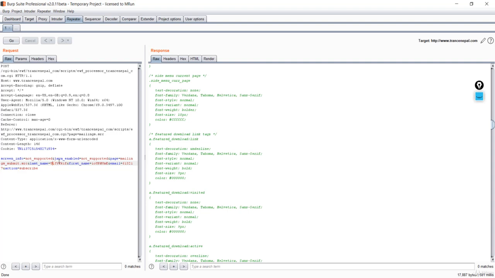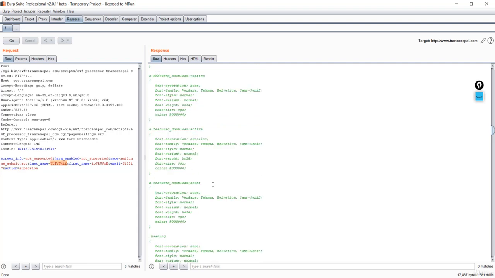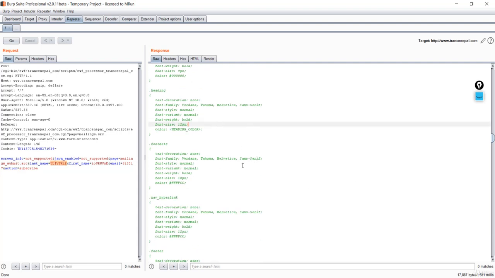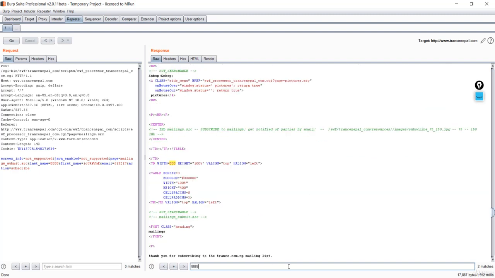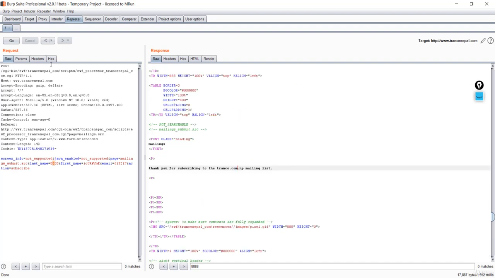That means it is going to reflect anything you write over here, and if the change in any of the parameters reflects at the right-hand side in this response field, then you can simply say that there is an XSS vulnerability in this website or in this particular link. So when I say something like first name or last name to 8888, and press Go over here and search for 8888, there is no reflection whatsoever of this 8888 in here. That means this link is not vulnerable.